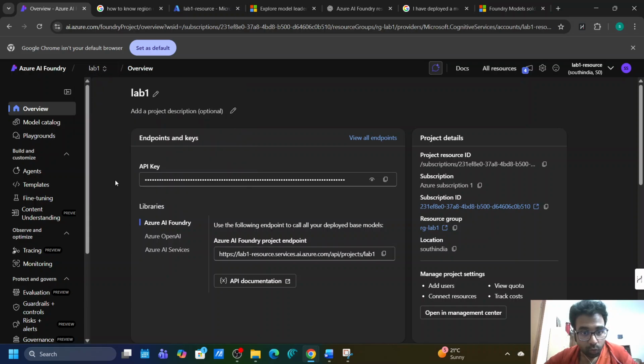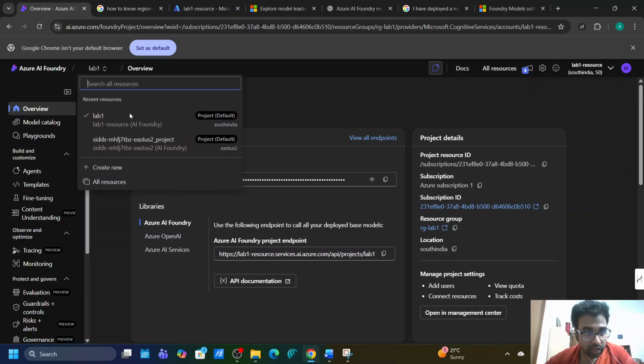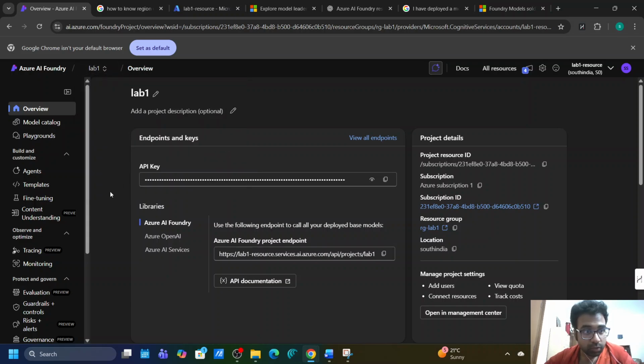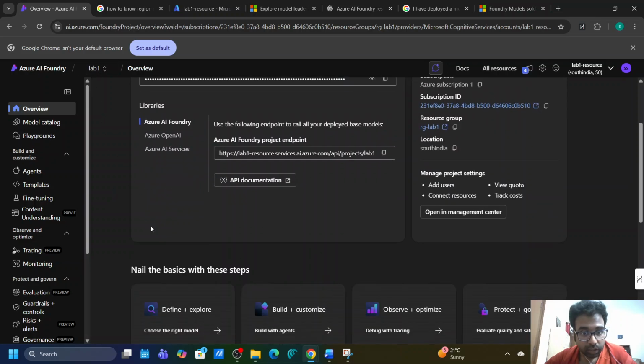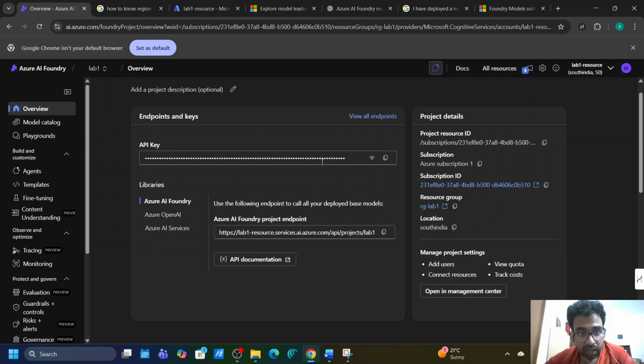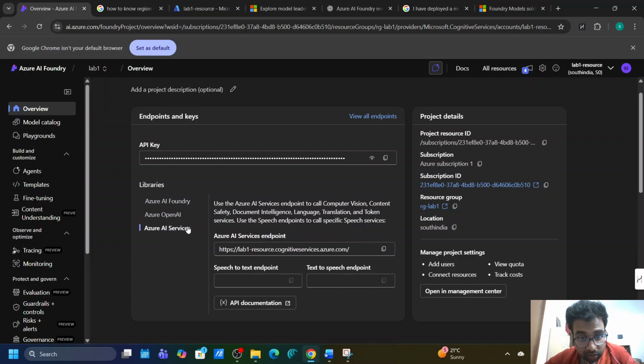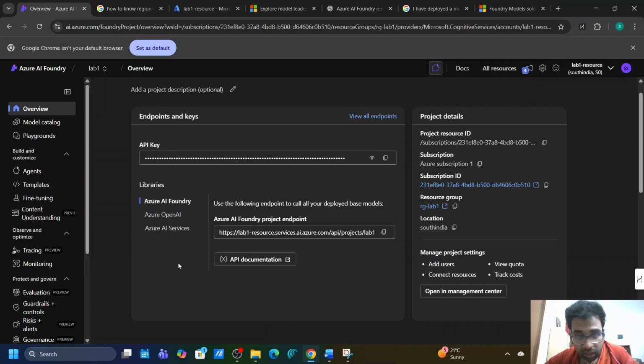what is in this project. So right now I have two projects in my Azure AI Foundry: Lab 1 and this other one, SIDS MHF something. If I go to the Lab 1 project, this is my API key for the Lab 1 project, and this is the endpoint for Lab 1. And then again, this is for OpenAI and AI services. Now, if we go to